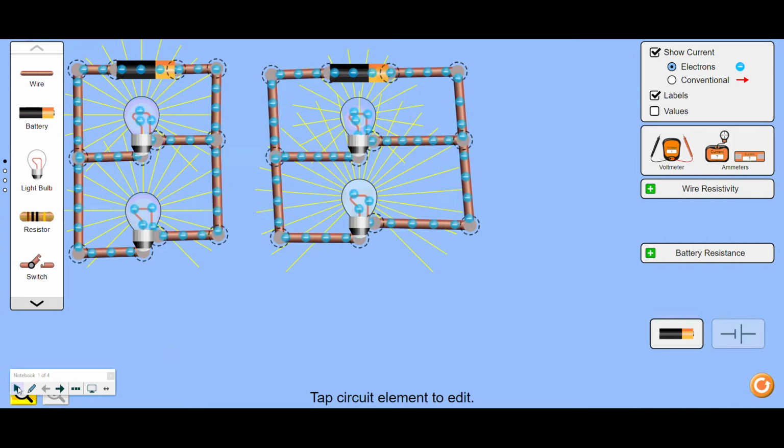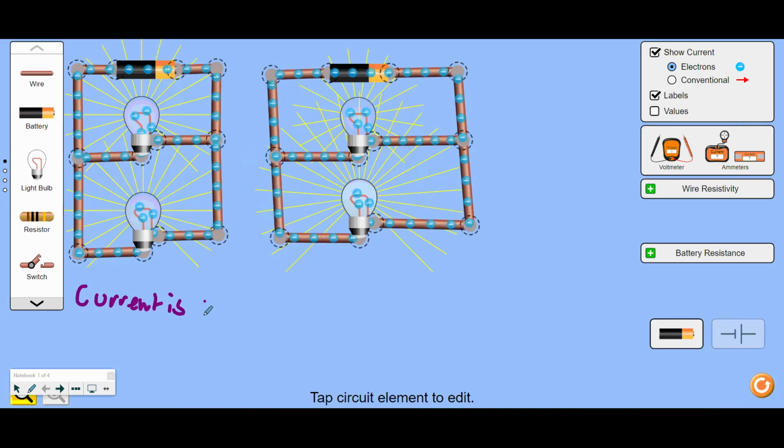Okay, now we're going to move on to have a look at parallel circuits. We've got two parallel circuits here, and you might notice already a bit of a difference between them in terms of the way that the current, or the charge, is moving around the circuit. So we're going to start off by looking at the current in parallel. You should remember the rule for this is that in parallel circuits, current